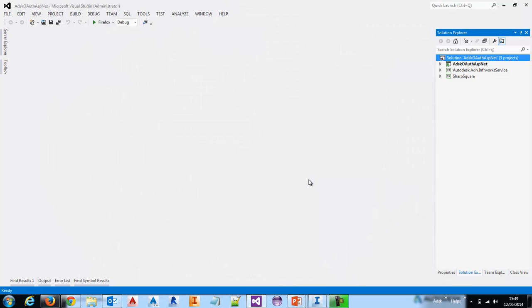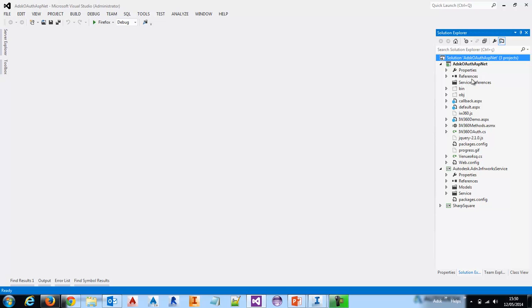So here I have my Visual Studio. I have the OAuth sample. I also have the ADN Infraworks sample. They are both from GitHub, and the RestSharp sample, the Foursquare sample. I haven't made a lot of changes on this Infraworks service because this is just the base model, but I've made a lot of changes on this one, the OAuth sample. The basic one comes only with this default file. So I have created another one,